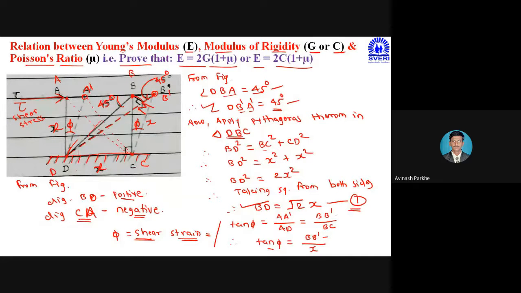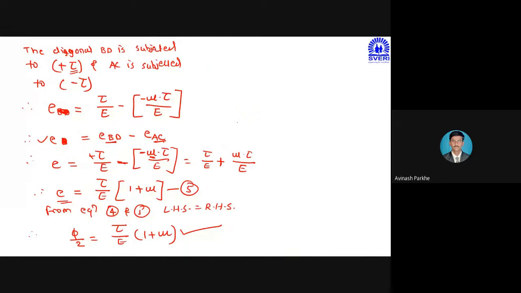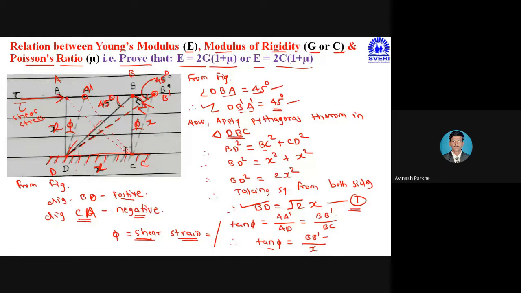फक्त काय केलं याच्यामध्ये एकावरून एक व्हॅल्यू काढले, ती व्हॅल्यू पुढच्या ह्याच्यामध्ये पुट केली. परत दुसरा कन्सेप्ट वापरून एक व्हॅल्यू काढले, ती व्हॅल्यू पुढच्या ह्याच्यामध्ये पुट केलेलं आहे. परत आपण डायगोनल बीडी मधला स्ट्रेन काढला, तो टोटल स्ट्रेन कन्सिडर केला. परत सबस्ट्रॅक्शन करून टोटल स्ट्रेन काढला, एसीचा सबस्ट्रॅक्ट करून टोटल स्ट्रेन काढला, ते एक इक्वेशन काढलं, दोन्ही इक्वेशन कम्पेअर केले, अँड फायनली वी हॅव डिराइव्ड दी डेरिव्हेशन्स. समजलंय सगळ्यांना हे डेरिव्हेशन?